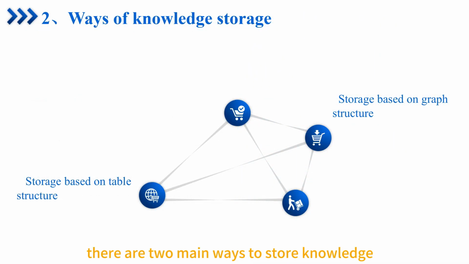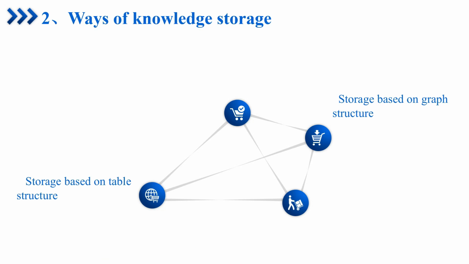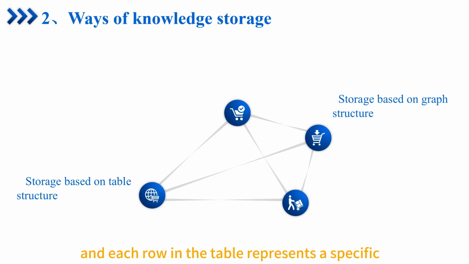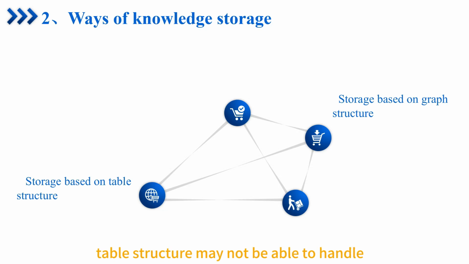There are 2 main ways to store knowledge: table structure and graph structure. Table structure is based on a relational database where knowledge is stored in tables. Each table represents a type of entity or a relationship, and each row in the table represents a specific entity or relationship. Table structure is easy to manage and query and works well for simple knowledge models. However, as the knowledge models become more complex, table structure may not be able to handle the semantic relationships and